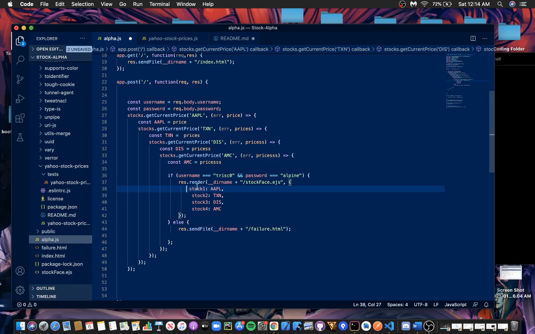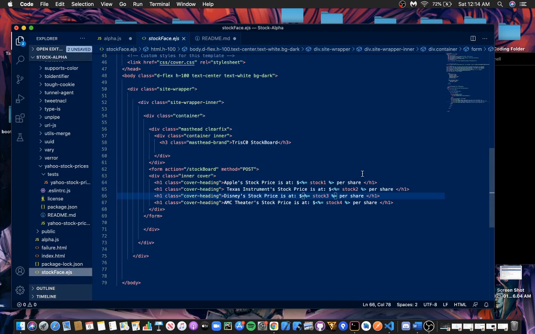So we have stock1: Apple, and all this is saying is that here where we have the EJS file, all we're saying is where the Apple stock price is at, we have the dollar sign, which is not needed, but it is needed if you want to put a sentence, and then we're going to have our